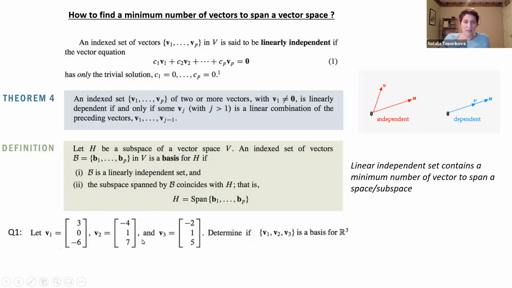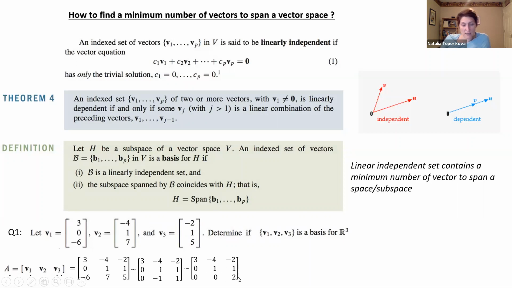You might be young and better with numbers than me, but I would rather start with a matrix. So I'll take a matrix which consists of 3 columns, which are the vectors v1, v2, v3, and I'll try to write it in echelon form, starting from the first column, then working on the second column. And look, that's really nice. Each column in our matrix A has a pivot element. So we have 3 pivot positions. That's really great